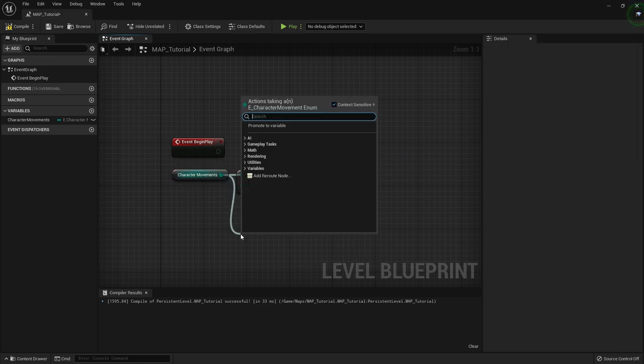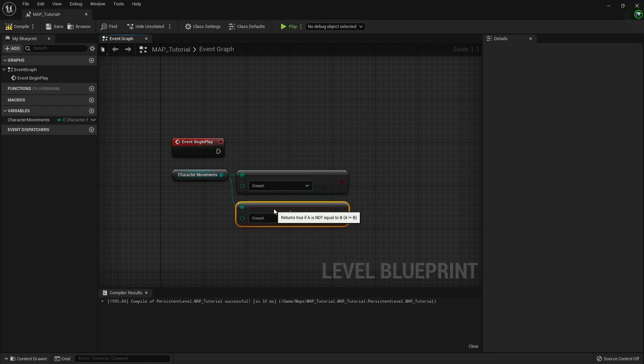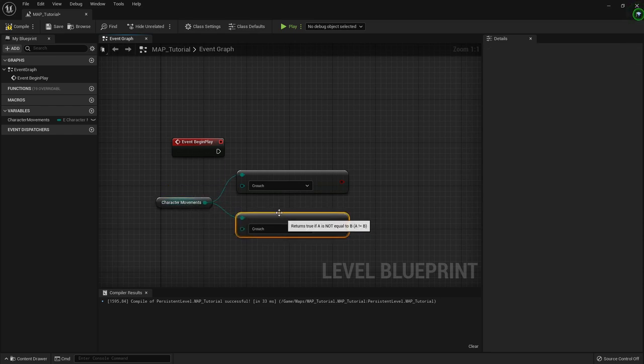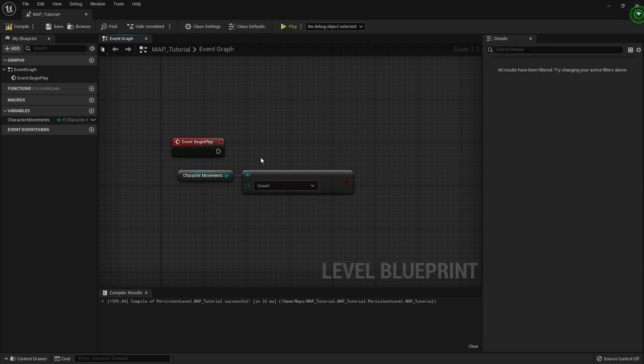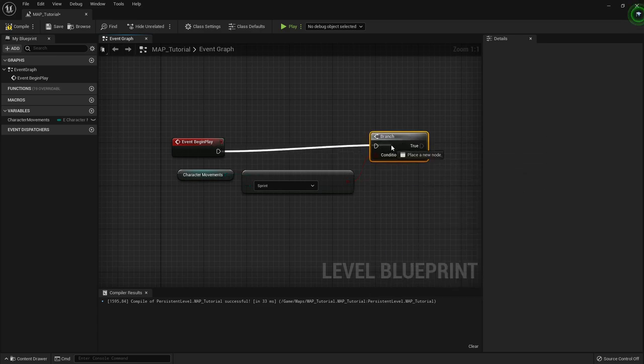And you can also do not equal, and you can actually do this by doing the exclamation mark and the equal. This means not equal in programming language. So now you can see here we can now compare this enumeration. So for example, we can say is the enumeration set to sprint, and if this is true, if the enumeration